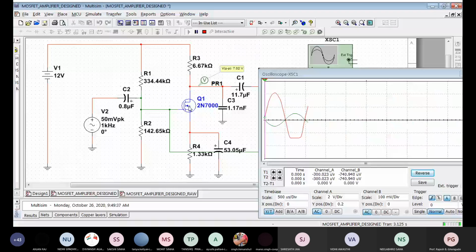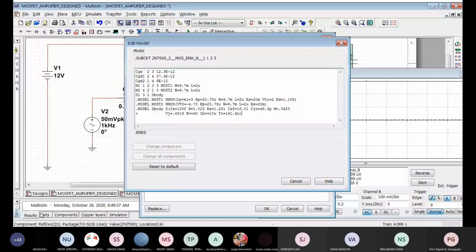You are not audible. Some other things are also different. I am trying to explain, guys. Your voice was not audible for the last few seconds, so can you repeat? You were saying the parameters would be different from what we selected from the datasheet. Why was the performance different?